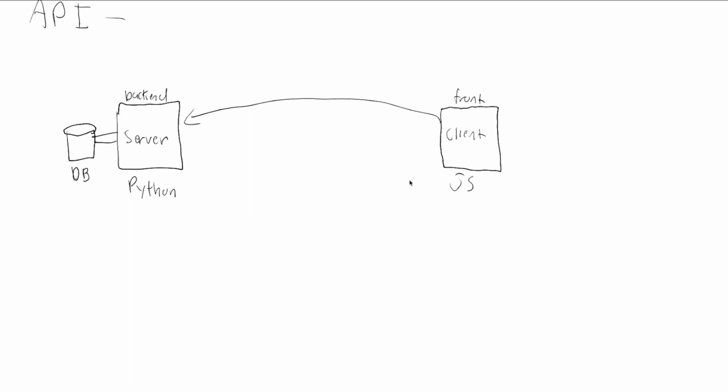Since they're not the same language, we can build what's called an API endpoint here that exposes information from our database. And if we send a GET request, or just we'll get into what that acronym is, or a request, this server can then send that information being requested in a language they both, or a notation they both understand, using